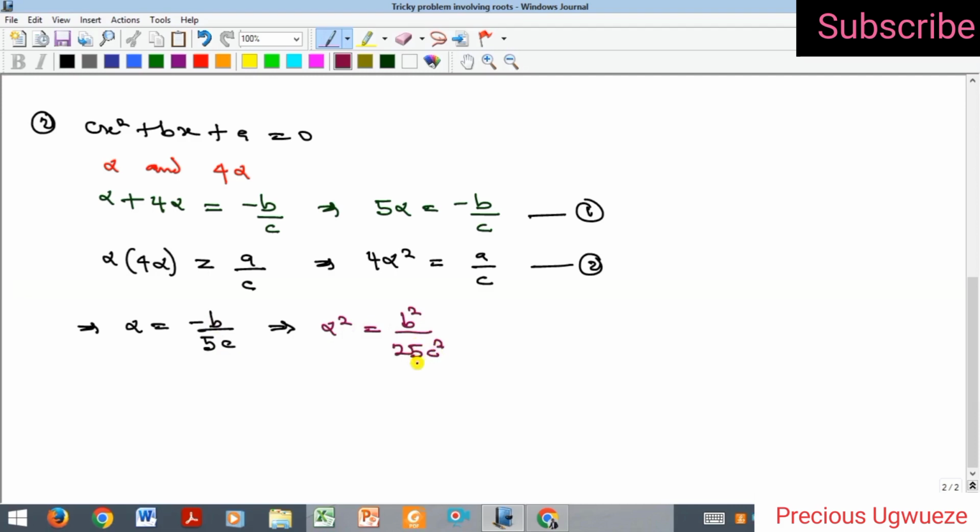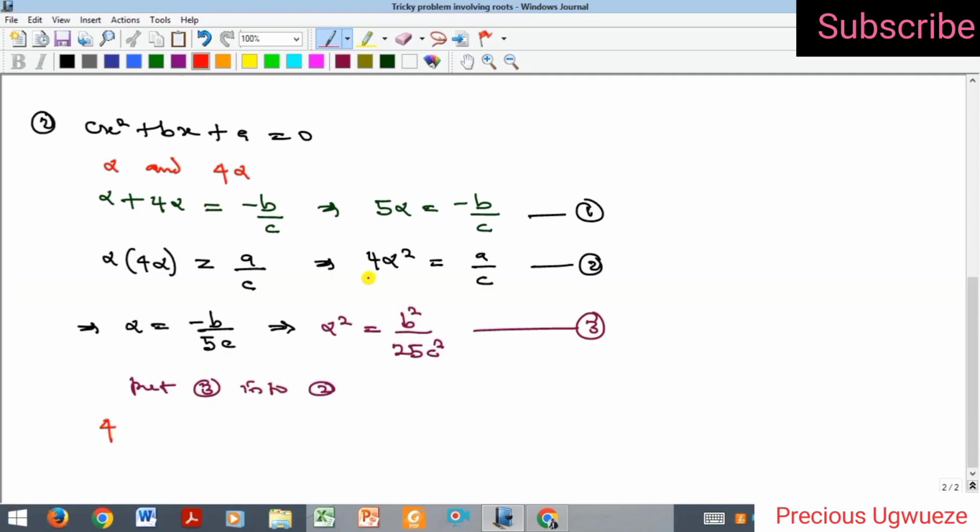So why did we square both sides? So that we can get a value that we can substitute into equation 2. And so if I call this equation 3, now I want to put equation 3 into equation 2,